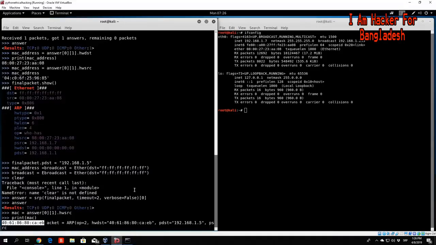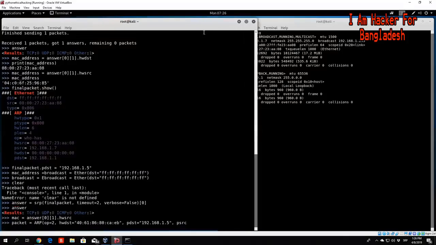So P source, not really sure. Let me just move this to the side so you can see it a little bit better. So P source equals the IP address of the router actually. So what we want to select is that our source IP address is actually 192.168.1.1, which will then trigger the actual,